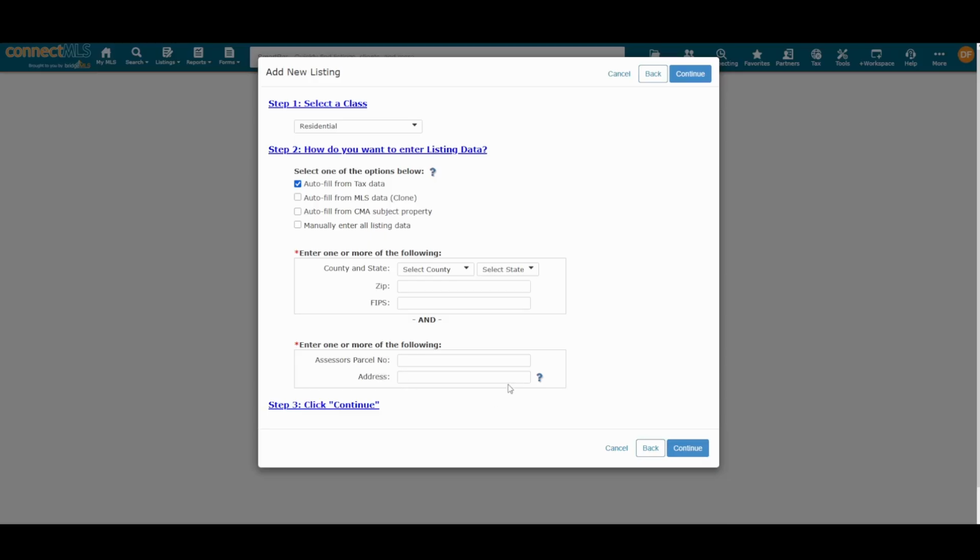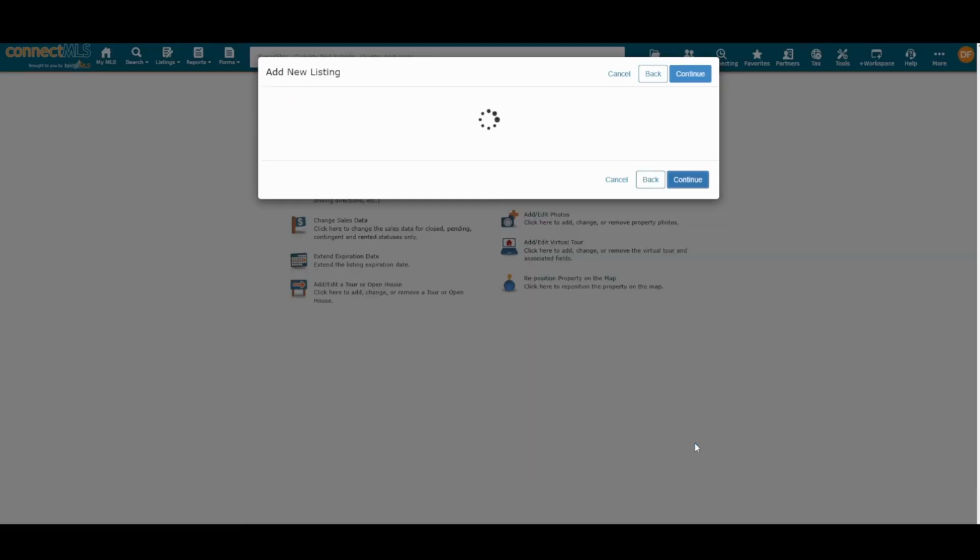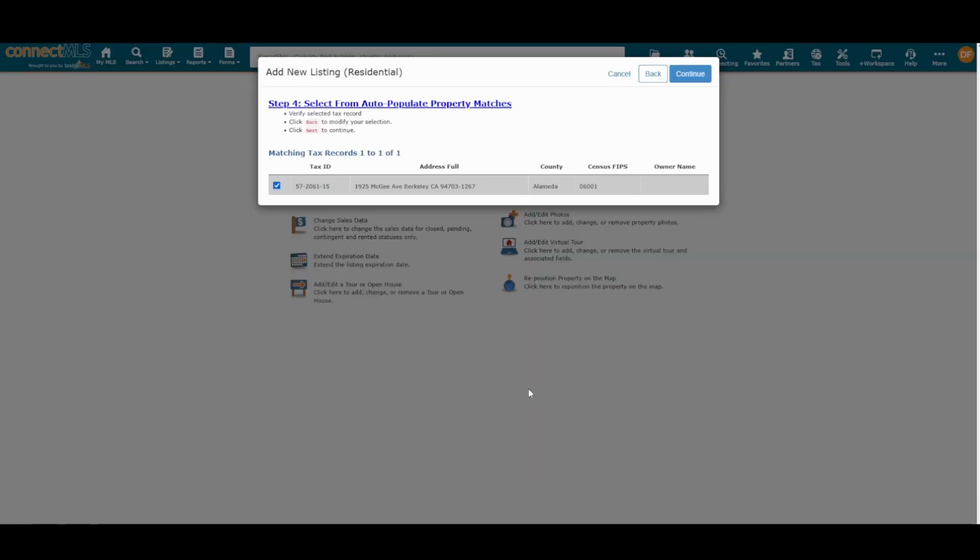The address is a little bit specific here. You'll just want to enter the street number and the street name, not the street suffix. So, for instance, I will do my county and state, and then I will add in my address. Again, no suffix. And then I will hit continue, and then it will pop up with anything that it has